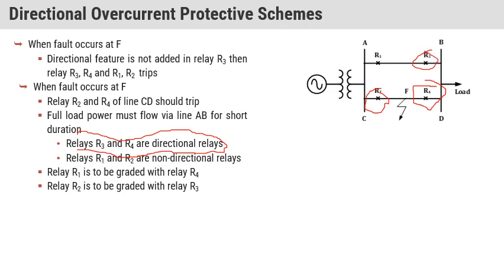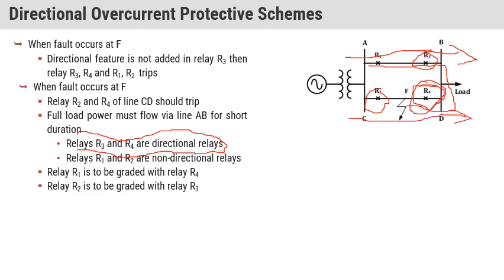Two relays should be directional. They must be directional, because if a fault occurs here, our current will start flowing from this direction to this direction, and this R4 must sense that the current is flowing in the wrong direction. Normally, if load is present here, how will current flow like this,